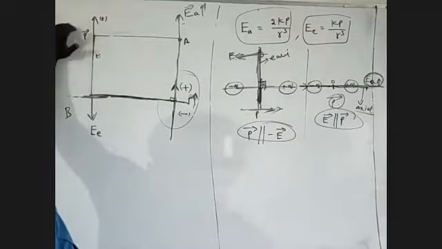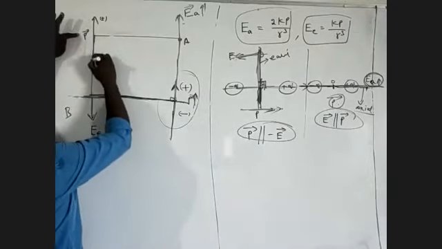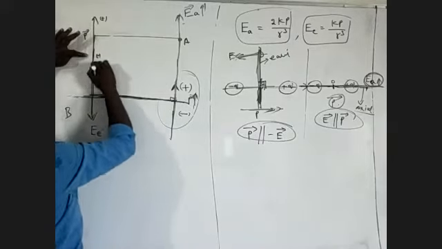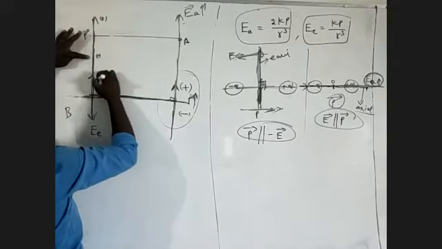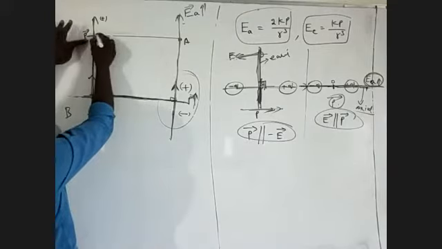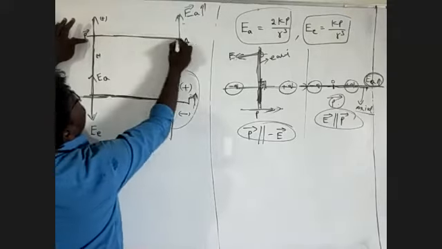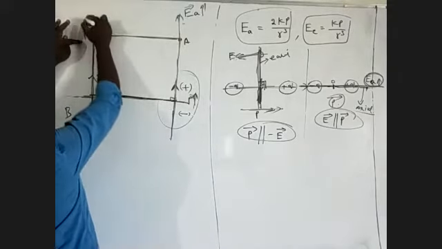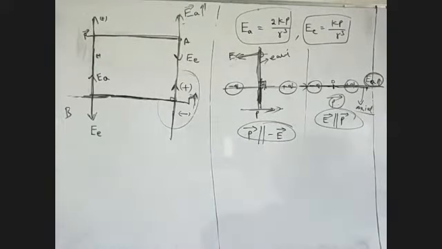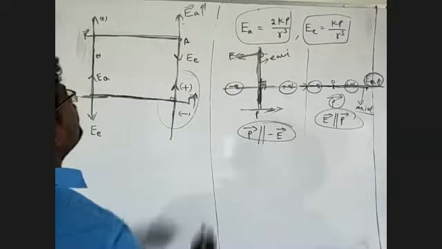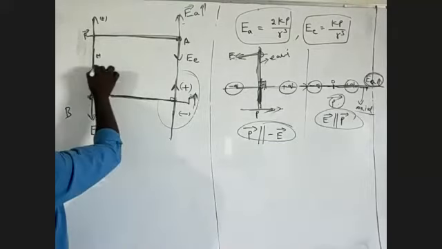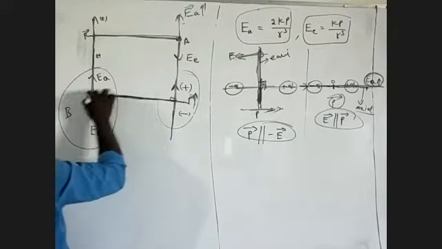Now for this one, a straight line passes through the negative charge and the positive charge. This is the axial line. Now this is a straight line that passes through the center of the dipole. P bar is this, and E bar is down at this point. This is the equatorial line. Now at this A point and at this B point, we have to calculate the resultant field.